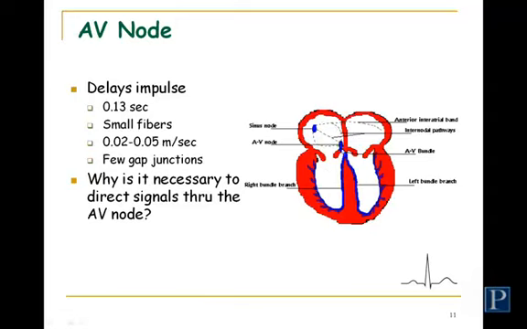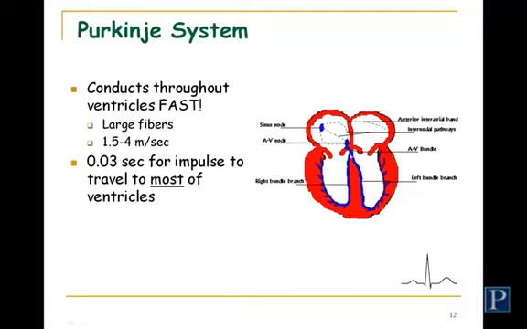The AV bundle is also called the bundle of His. That will penetrate the annulus fibrosus. So the AV bundle is the only normal way you can get the electrical impulse that originated up in the atria down to the ventricles. So in the AV bundle, or that bundle of His, I prefer bundle of His personally, but AV bundle is perfectly fine. In this part of the conduction system is where Purkinje fibers begin to originate.